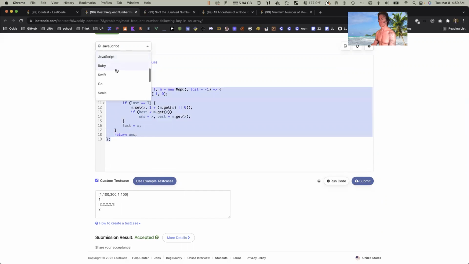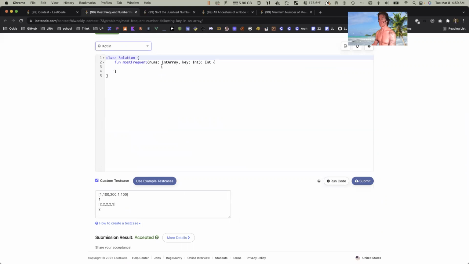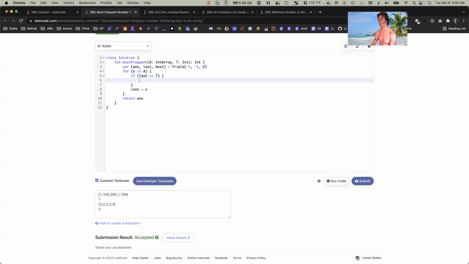JavaScript. Using Kotlin. Array, target. Last, let's see, answer, last, best equals triple -1, -1, 0. Return the answer for x in a. Last equals x if last equals our target, and then m equals a full map of, this will be our counts,